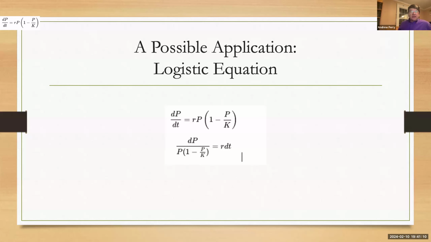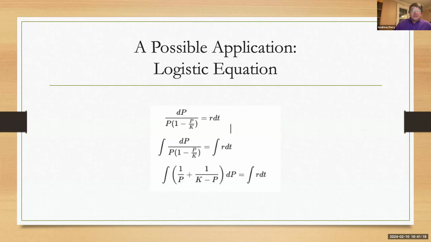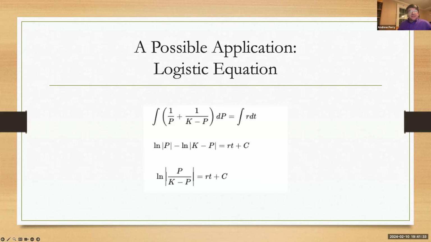And then we can solve this at first by dividing both sides by P times (1 minus P over K). And then continuing on, we will integrate both sides, and we'll rewrite the left-hand side using partial fractions. Rewrite it purely algebraically. And then we integrate both sides